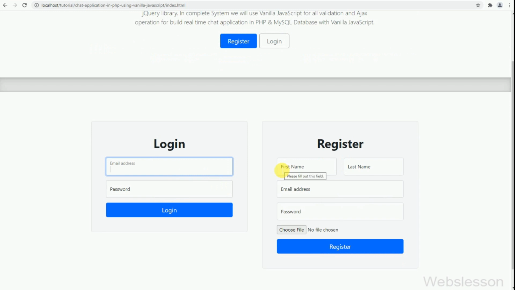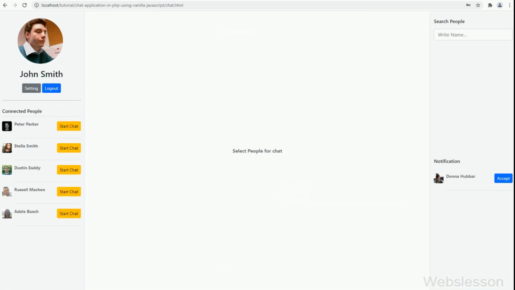Now in another browser, we have logged in to the John Smith account, so here we have entered login details and clicked on the login button. Here in the John Smith dashboard, in the notification area, we can see Donna Hubbard's chat request notification.